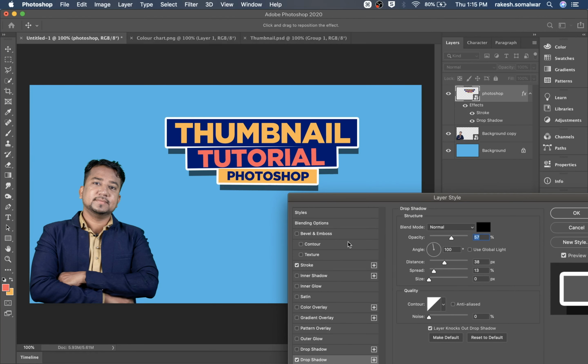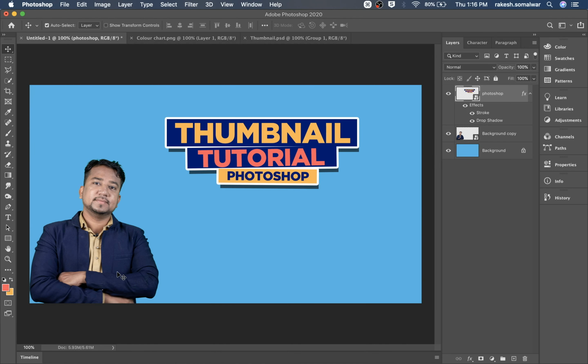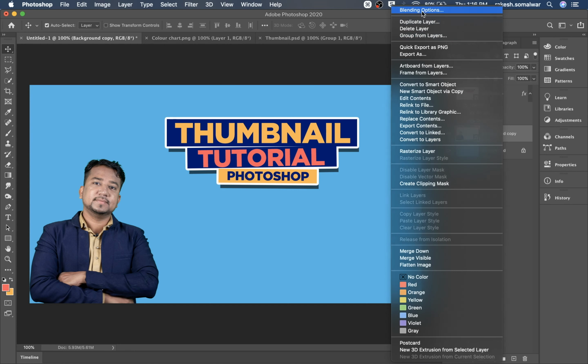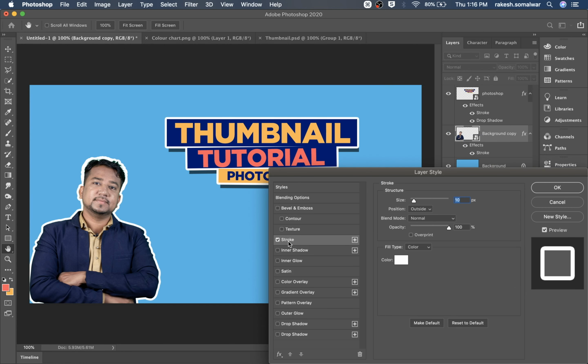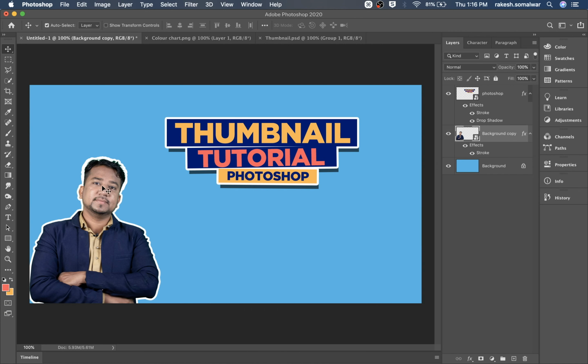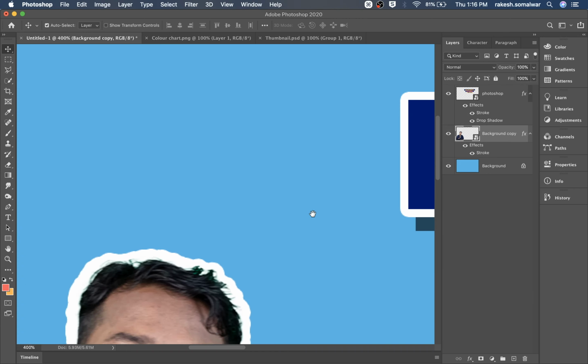Give a drop shadow, and you can adjust the drop shadow size, spread and opacity. See, but I keep it 0 0 because I don't want any hazy shadows. I want to keep it solid. Okay, and go to image and give a stroke, and same is applied on thumbnail. You can make it 9 or 10, or see, after given a stroke, the hair part is looking thicker, because when we mask that image, that hair part was a little hazy.